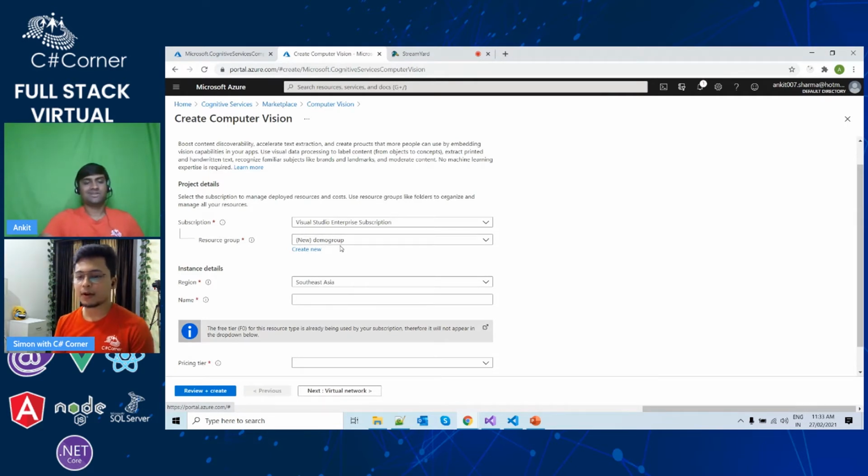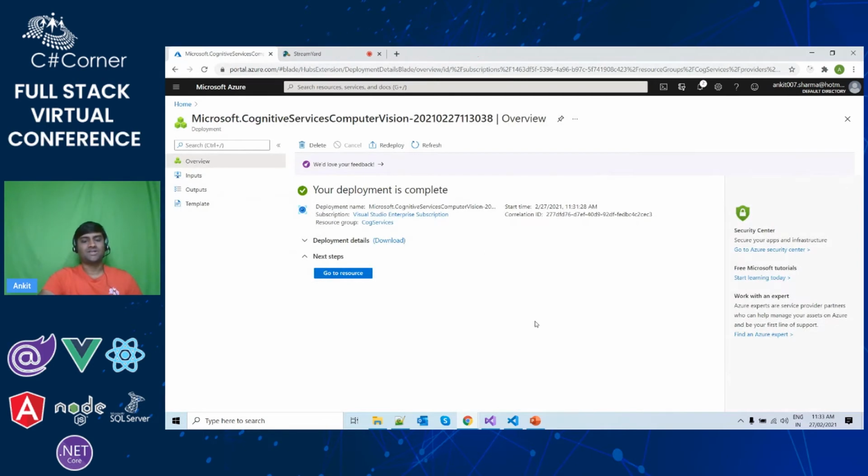Perfect. Makes sense. So you can always either go ahead and use the existing one, or create a new one on the fly. Yeah, on the fly you can create a new one. Okay, Ankit, thank you so much, you can continue. I won't hop in again now. Yeah, okay, no problem. You can hop in anytime.